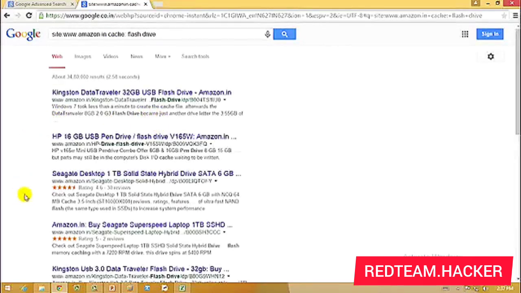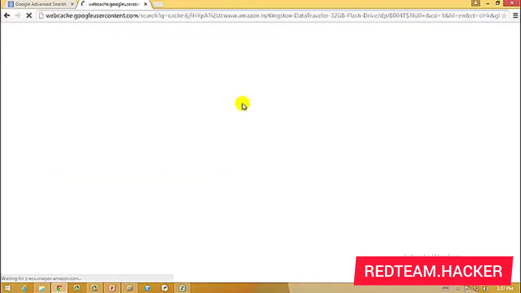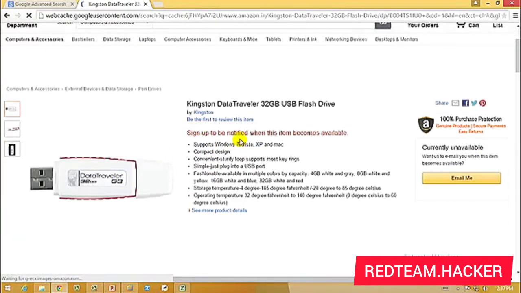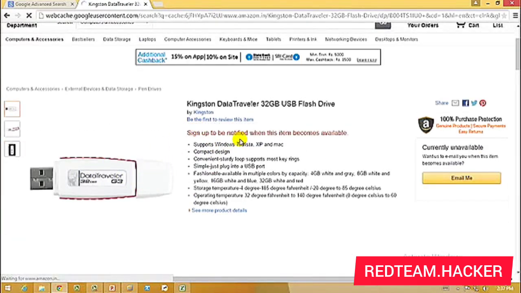As you can see, we have everything starting with the site Amazon, and we have the cached page. If I check the cached web page, and if the Amazon website is not careful in clearing its cache memories, then what may happen, for example, is that Amazon has this 3G data traveler on, let's say, the 30th of December, any specific